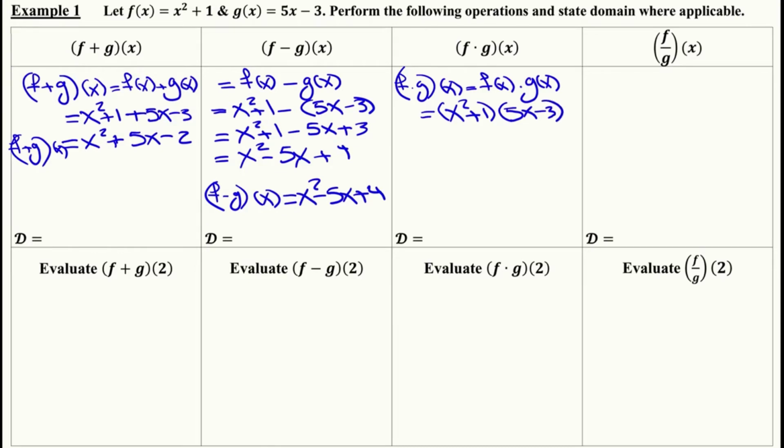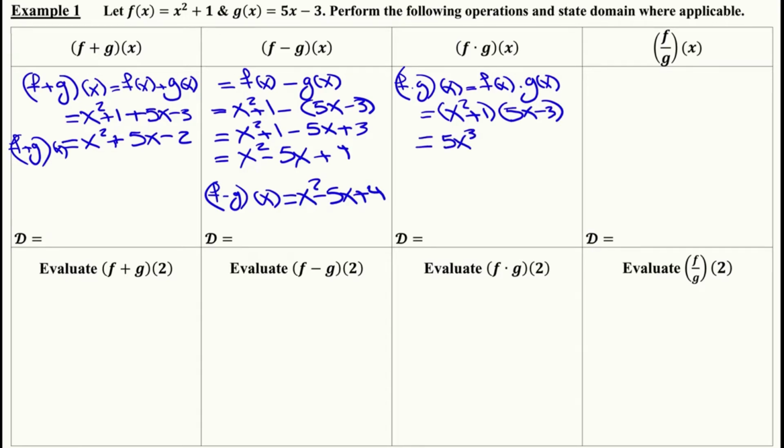So we parenthesize both of those and now we just go ahead and multiply them in the same way that we learned when we covered polynomials. So we'll go ahead and distribute the x squared into this group, and when we're finished we'll go ahead and distribute the 1, then we'll combine any like terms. So we get